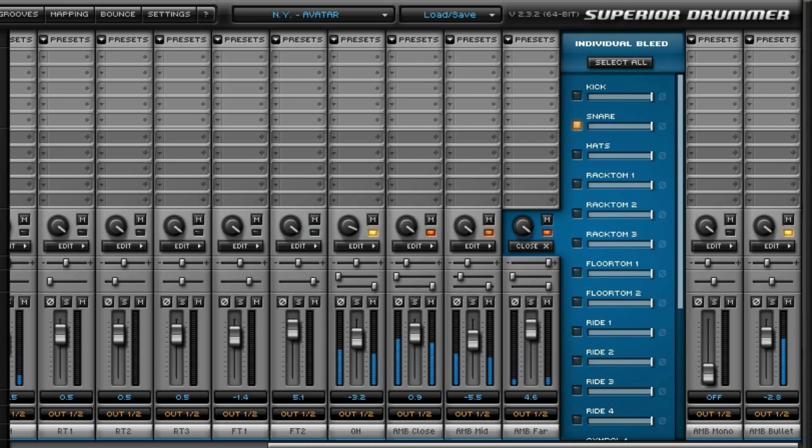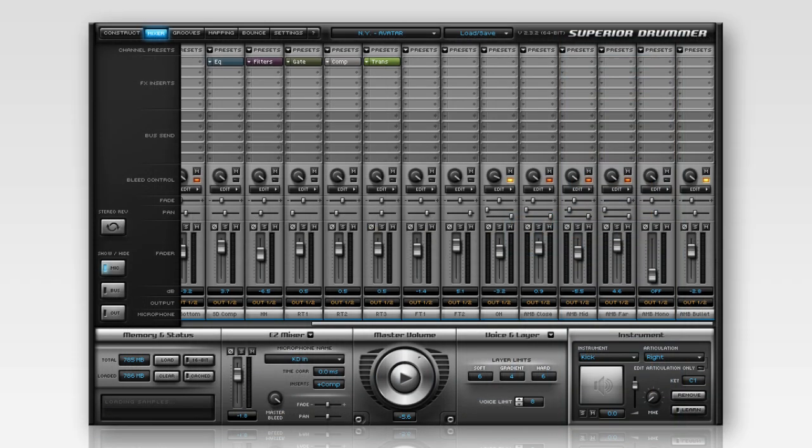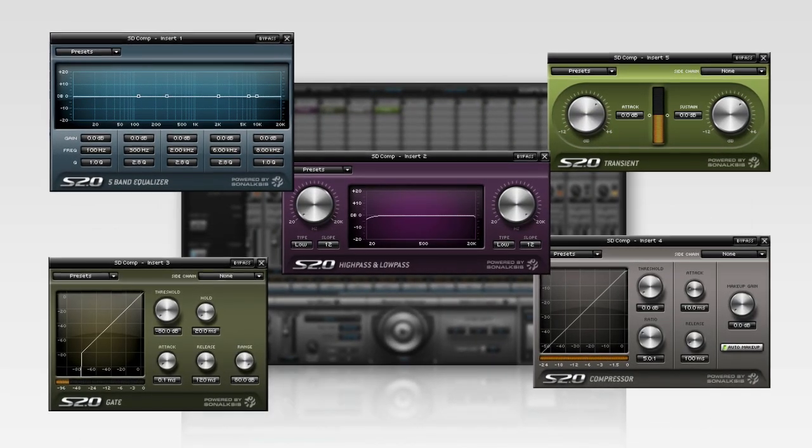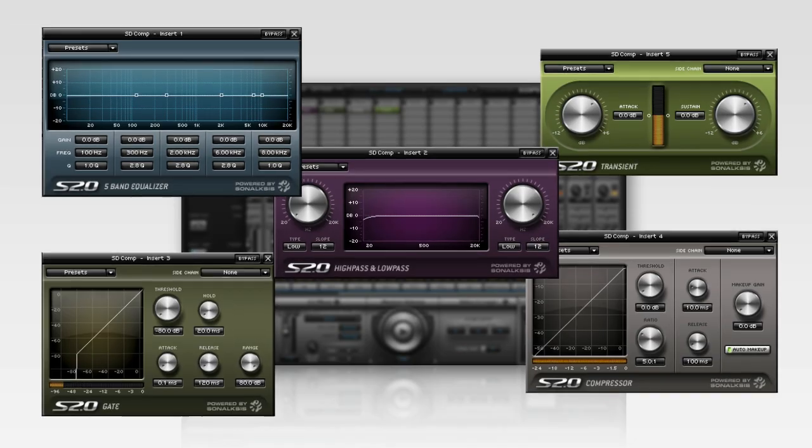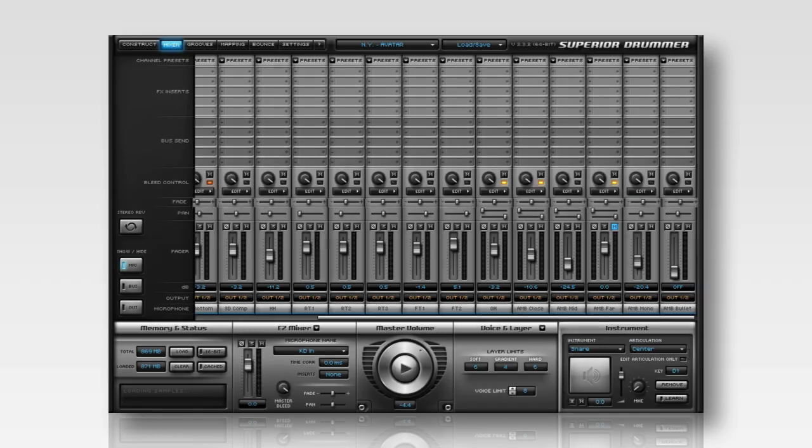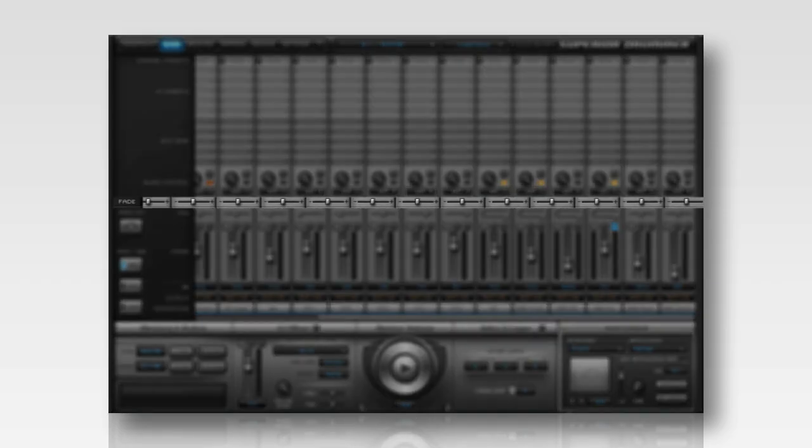All of this was done without using any of the built-in effects in Superior's mixer, simply to show you how powerful these three tools are by themselves. But of course, if you wanted, you can take this even further by using the comprehensive set of plugins included in Superior 2's mixer. For a more practical demonstration of the fade controls in the mixer, I'm going to open